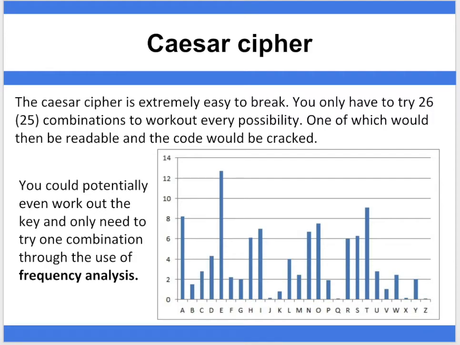Well, for starters, you only have to go through 25 combinations to actually work out every possibility, at which point the code would be readable and very easy to crack. Another thing is that you could apply a frequency analysis distribution across the letters themselves, because we know that letters like vowels, A, E, I, O, U, are going to be used more frequently than consonants like X and Z. And if we apply that to a longer piece of text, we will see that that piece of text will show a certain frequency for different values that we've